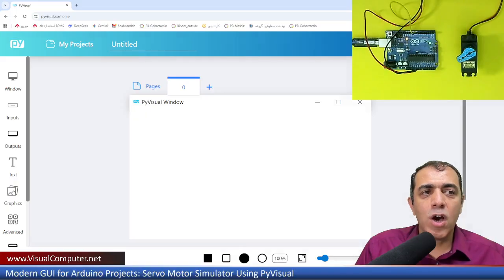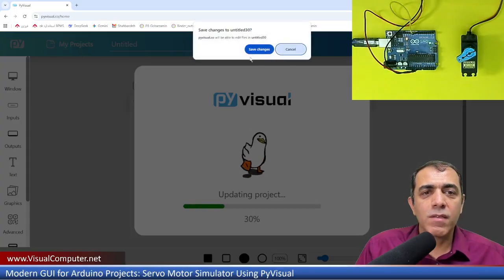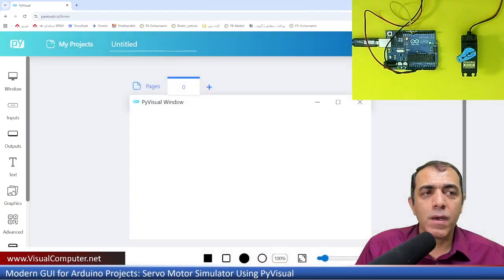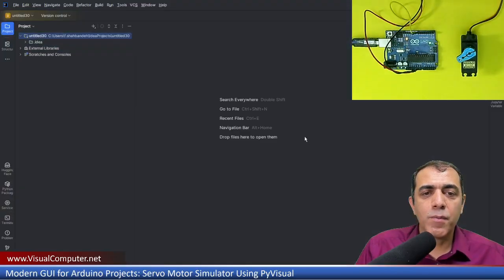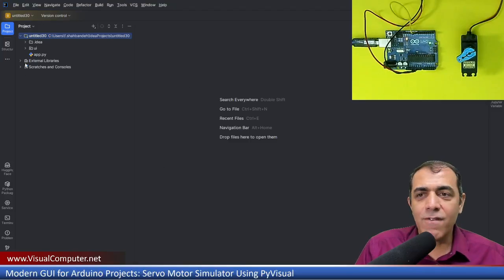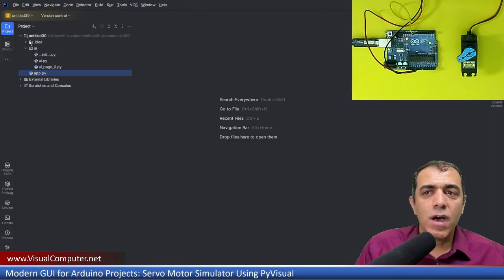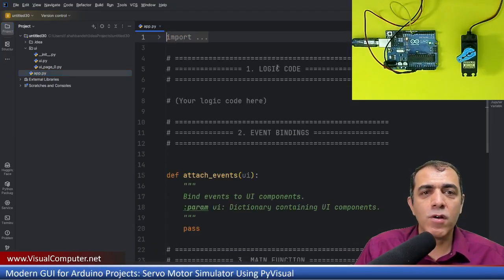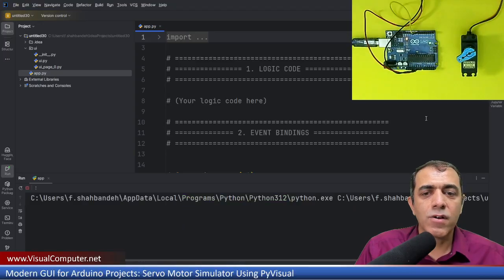Now if I upload and update my work, here in the program we will have an app and also a UI. All the items that you had in the cloud came here and were written to your program. So if I open it and I run it,